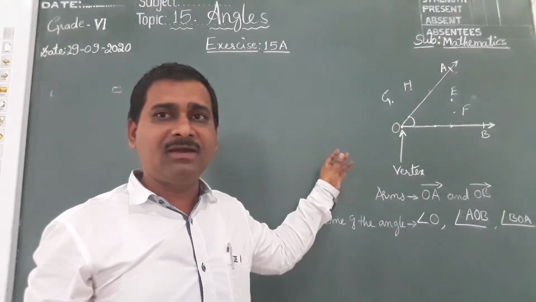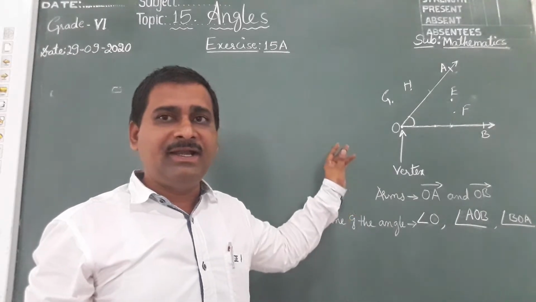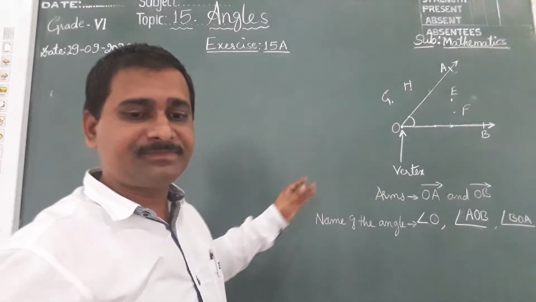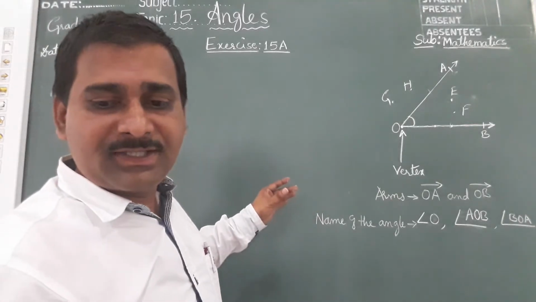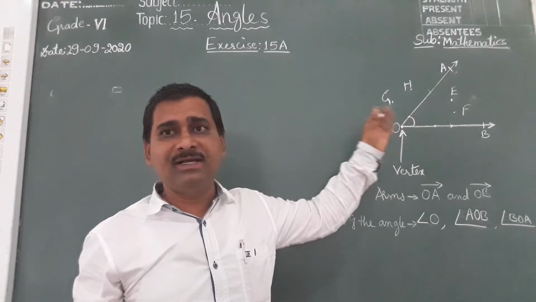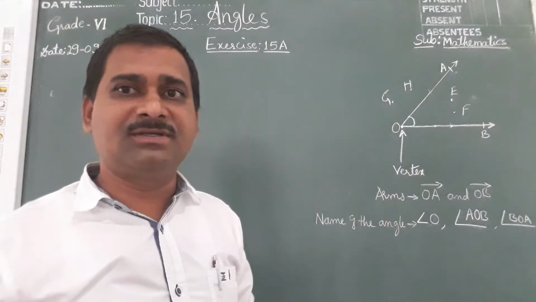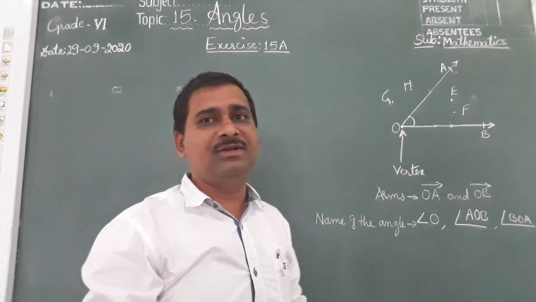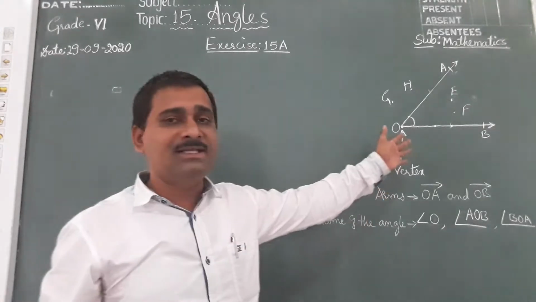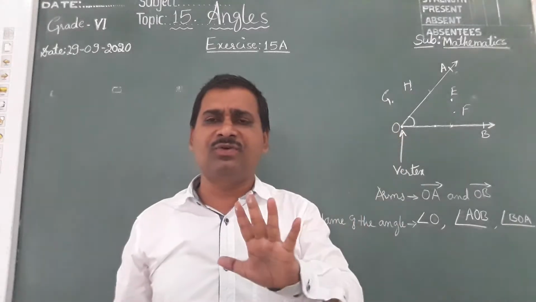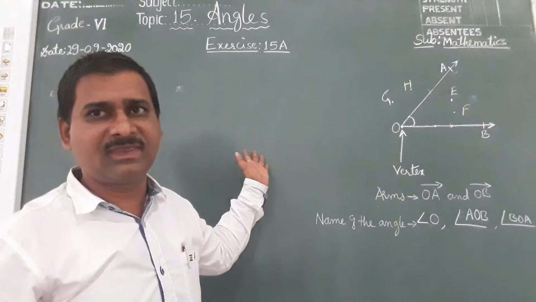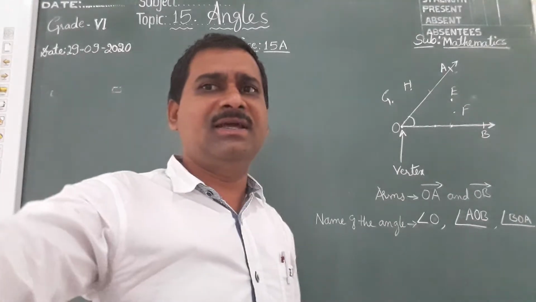That is naming the angles, identifying the vertex and arms, and also angles you know how to write, and also interior and exterior points. Right? Now we should enter into the exercise. Before we start the exercise, these are all the basic concepts you must know. Now you understood everything, easily you can do the exercise sums yourself. That much easy they are all. Let us start the exercise now.